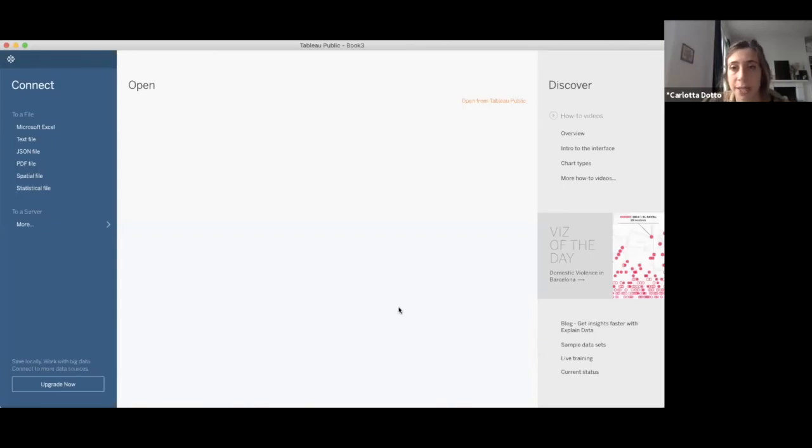There we go. So you can download it on your computer, and then you have to put your login details in order to be able to use it. So on the left, you have different ways that you can use to upload your data. So you have Microsoft Excel, text file, JSON file, PDF file. You can also connect it to a Google spreadsheet. You just need to be sure that you save the sharing functions as open, because otherwise Tableau wouldn't